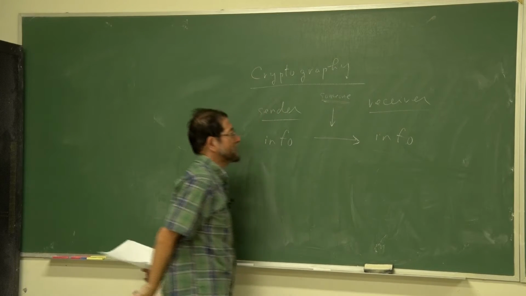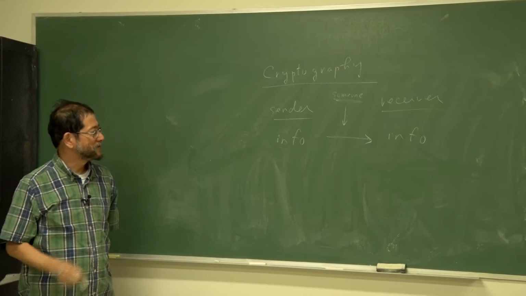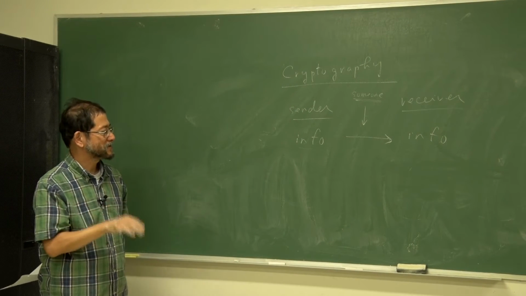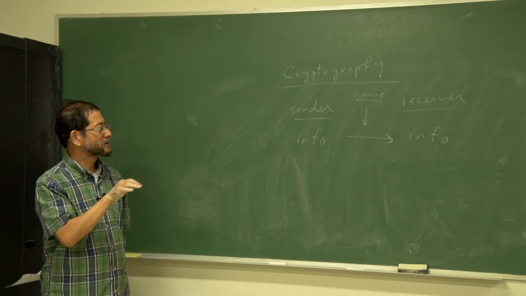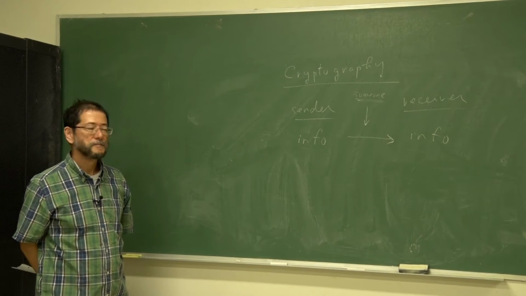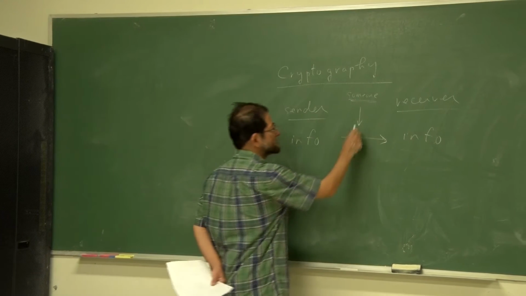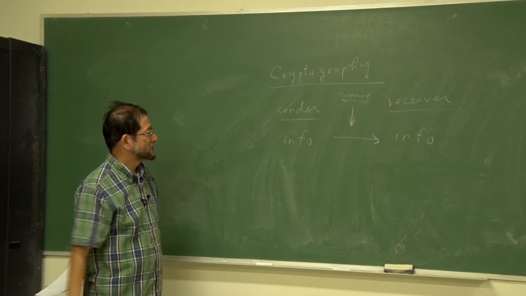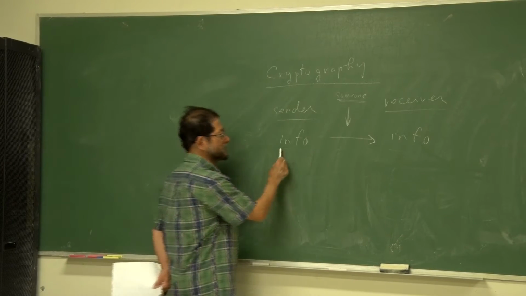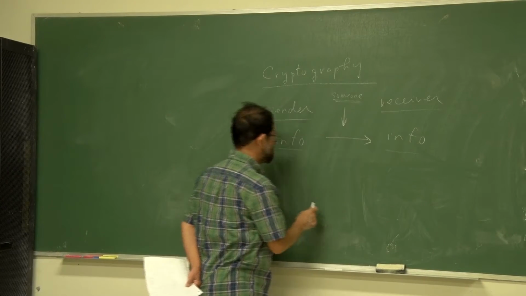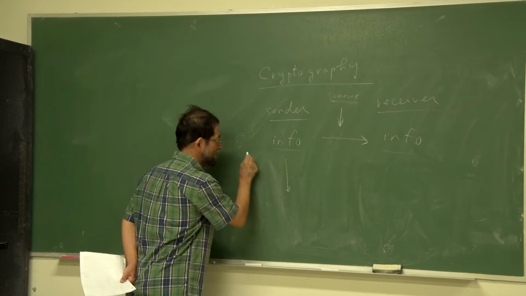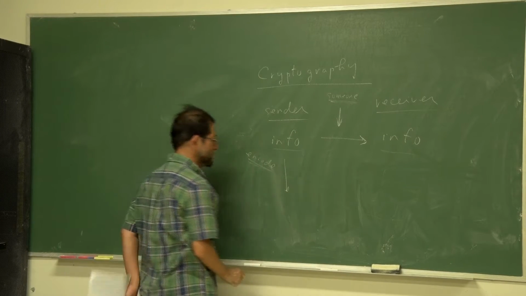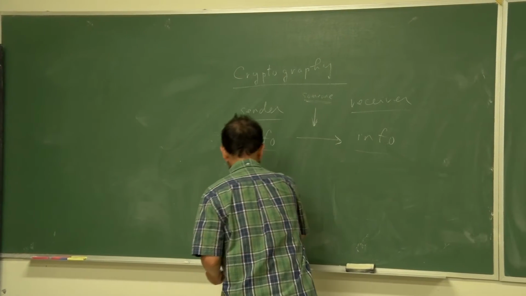In particular, nowadays, when you purchase something on the internet using a credit card, you have to send the credit card number to the company, but somebody might see it. So to avoid this, instead of directly sending the information, you want to encode this information into something else. Then you send the code